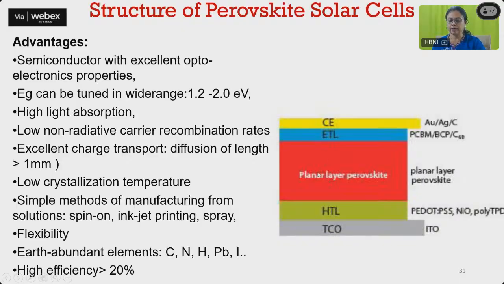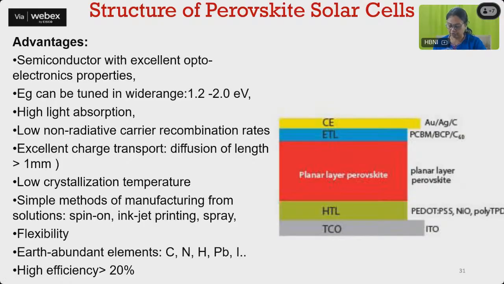Whenever the photon is coming, electron hole pair is produced within the perovskite. Here you are not requiring an N type and a P type differently. The same perovskite can be used. And then you have got ITO, a transparent conductive oxide, as a substrate, and counter electrode of silver or